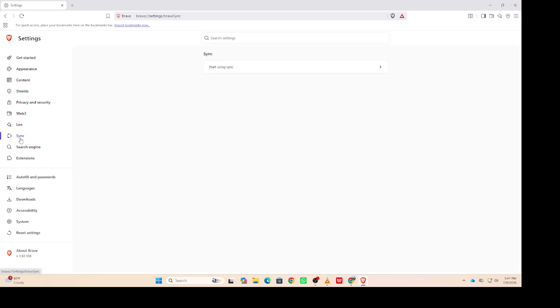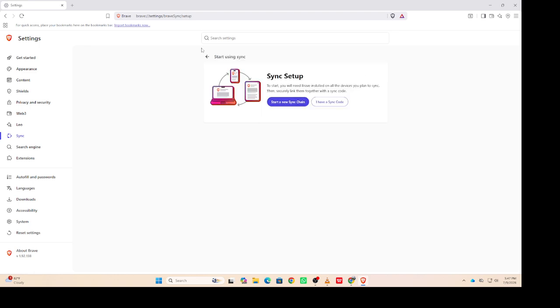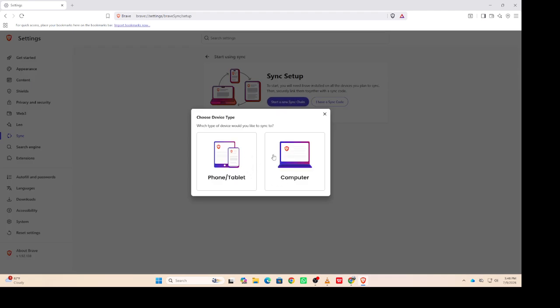If you're connecting a mobile device, open Brave on your phone and scan the QR code displayed on your computer. If you're connecting another computer, choose the option to enter the sync chain code and type the code shown on